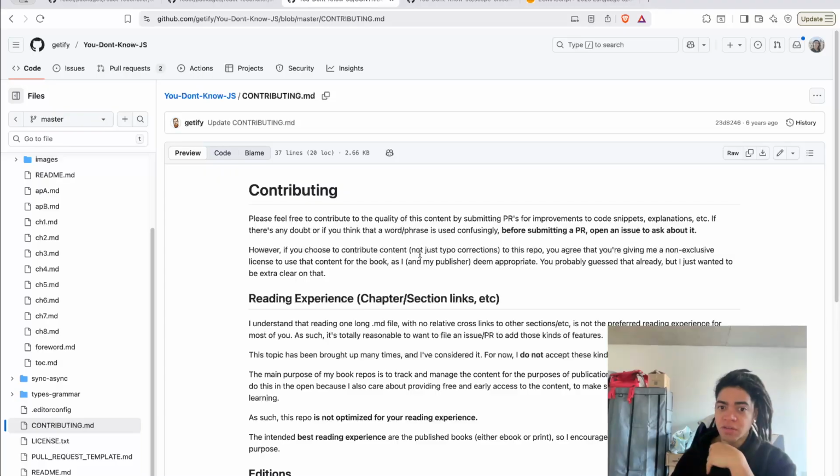If you choose to contribute content, not just typo correction, to this repo, you agree that you are giving me a non-exclusive license to use the content for the book, as I and my publishers deem appropriate. You probably guessed that already, but I just wanted to be extra clear on that. Exactly, you're giving me a non-exclusive license to use the content from the book. So before submitting a PR, open an issue to ask about it.